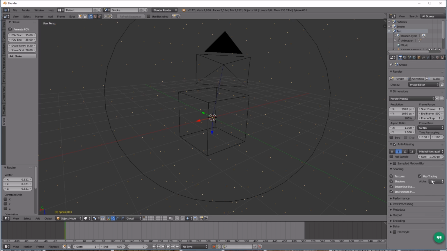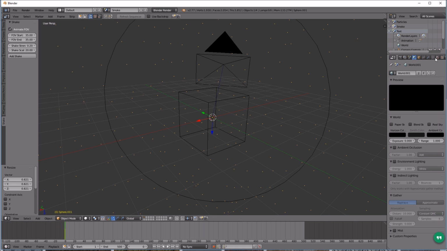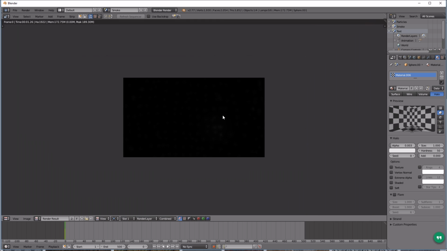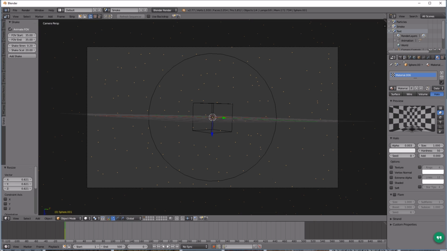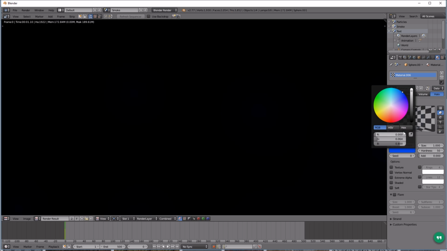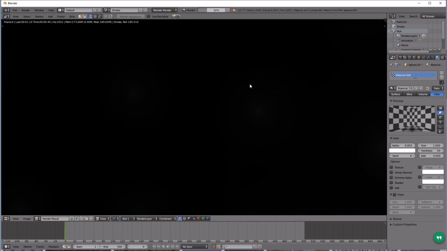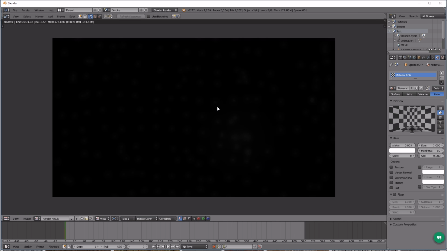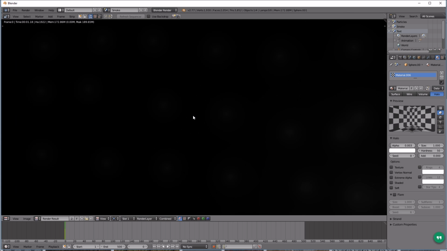Or wait, no, let's set this to sky and make our world completely black. Perfect. Now let's go into rendered view, and we have some smoke, as you can see. Now we're going to want to set the color here. Let's just set it to a blue, just a darker blue. Okay, you can't see it, so let's just set it back to white. Oops. So we have it at white, so now if we render it, we have some smoke, as you can see. Some nice looking smoke. It's okay looking smoke, but